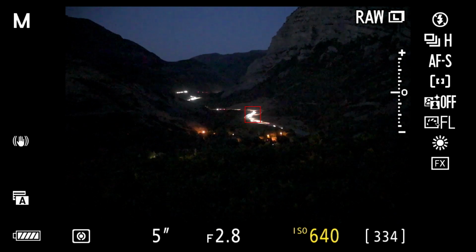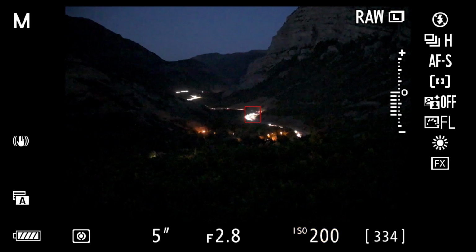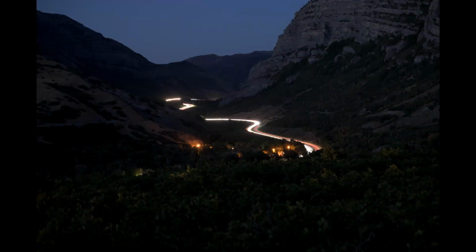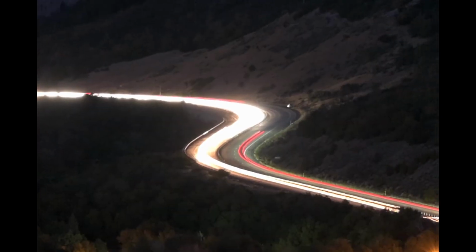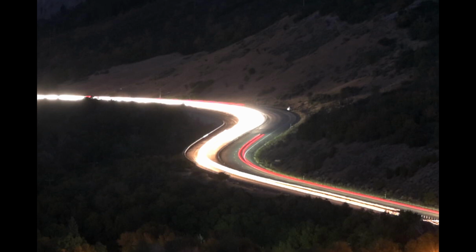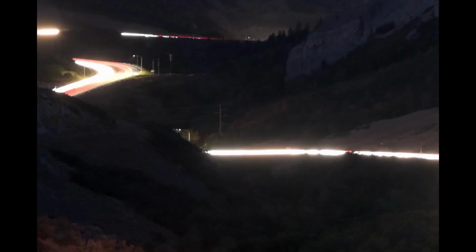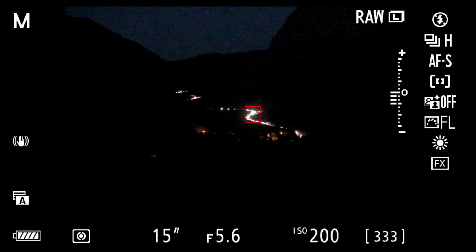So my light meter was a good start. I'm going to ignore it now and change the exposure a bit. I'm going to make it a little darker by lowering my ISO and see what that gets me. I'm going to zoom in here on the road. See, there's a little broken streak of the red tail lights on that side of the road. I want to try to get a solid streak through the frame. So I'm going to slow down my shutter speed for this next image, and that should create a longer